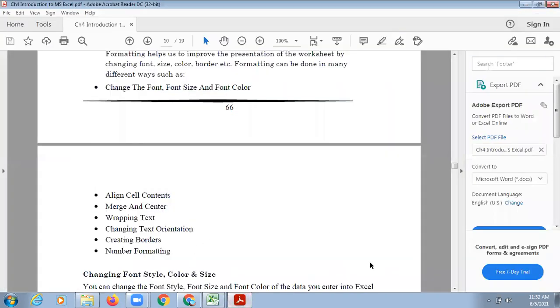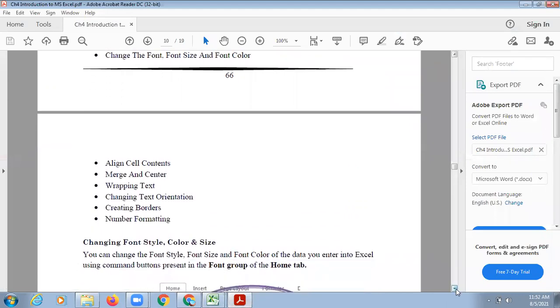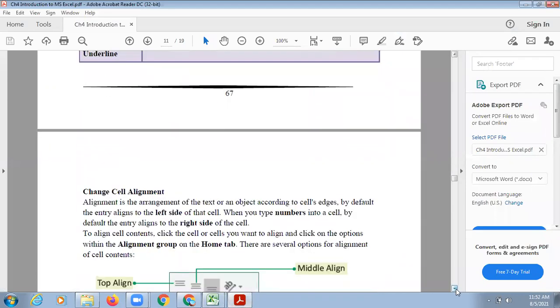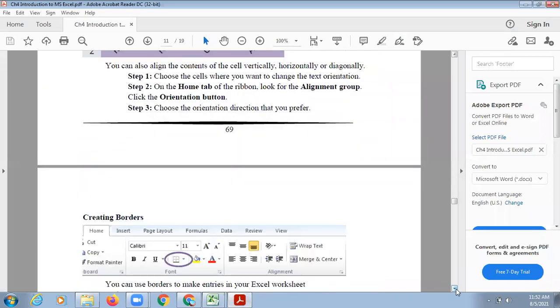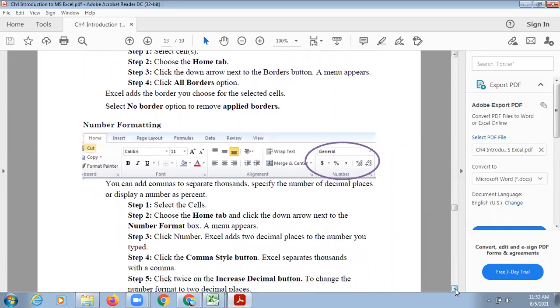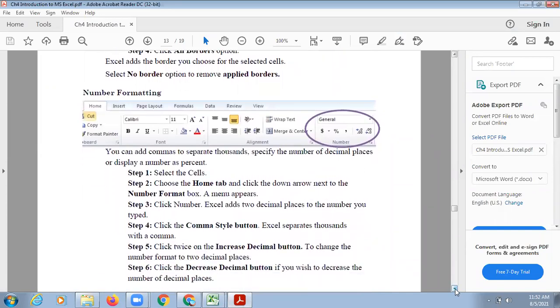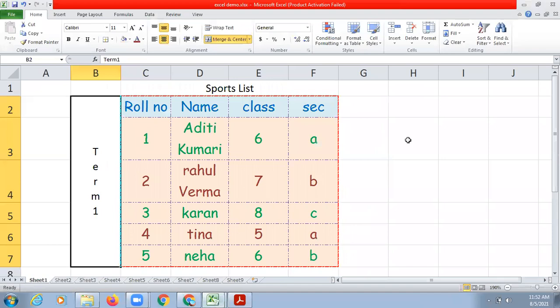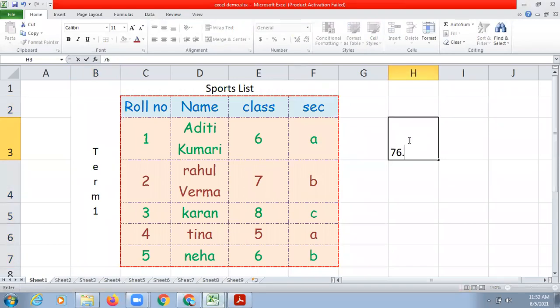Next is number formatting. Number formatting means, like if you wanted to add a percentage symbol after a number, or for example, I have a decimal number 76.987 and it's a very long number, but I don't want to display all 4 numbers after the decimal place.